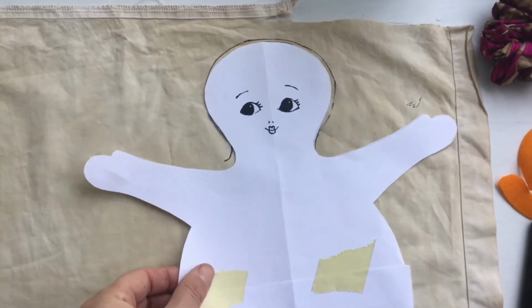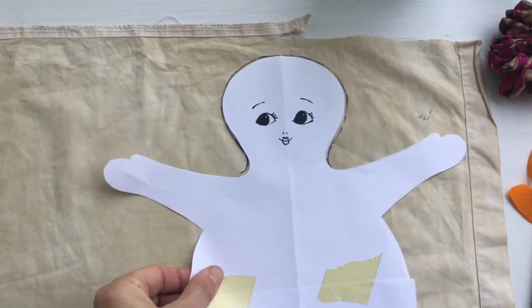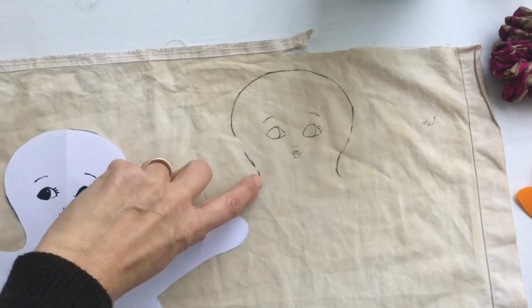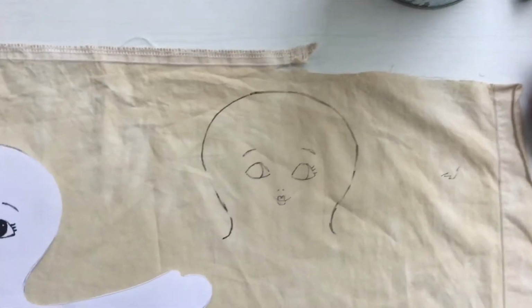Now the next thing you need to do, Dollies, is just draw around the neck and the head. Just here. You can use permanent marker there because you're going to be sewing on the inside of that. So that doesn't matter, that's a guide. And then,